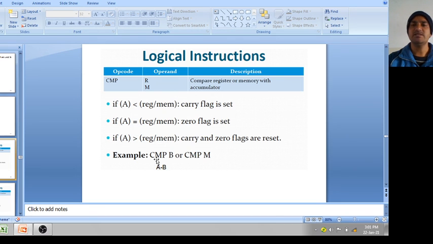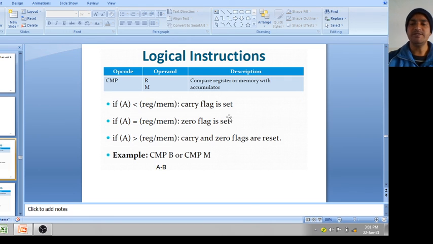Now you know how to determine the larger of two numbers, the smaller, or whether they are equal. The simple concept is you subtract B from A. If the result is positive, greater than 0, it means A is greater than B. If the result is 0, it means A equals B. If the result is negative, it means A is less than B. In this way, we will perform this comparison operation.